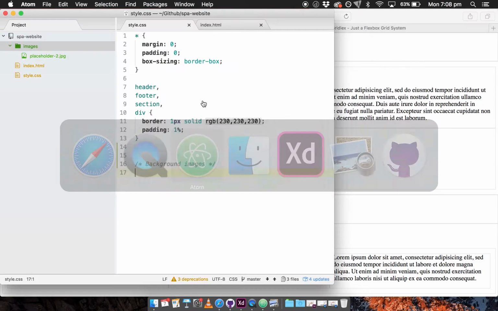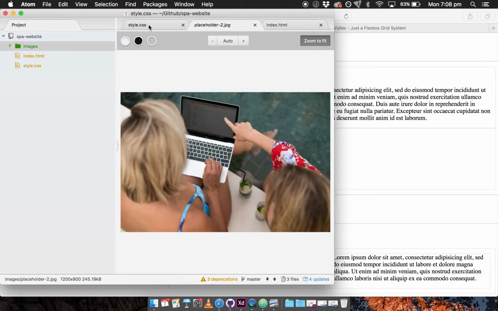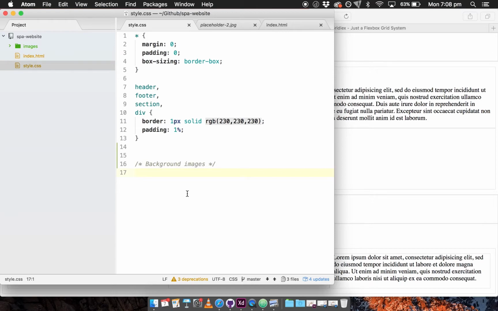Okay, so next up we want to add background images so that we can see. Now we've added a placeholder image to our website. That's just here in this folder. And now we need to add it in the CSS. So we've created a class bg-image, and within that we want to tell it to make a background image to